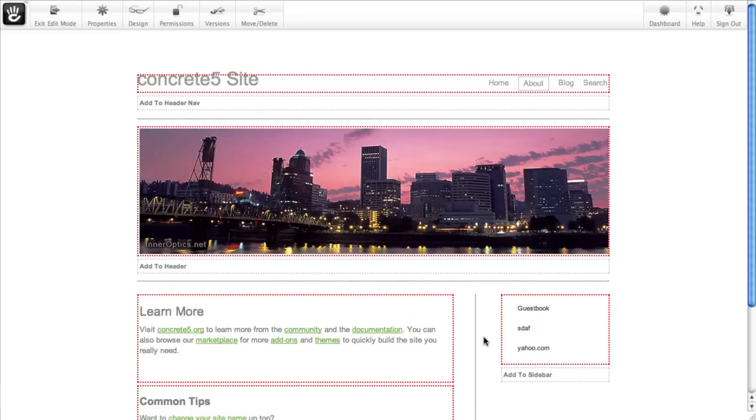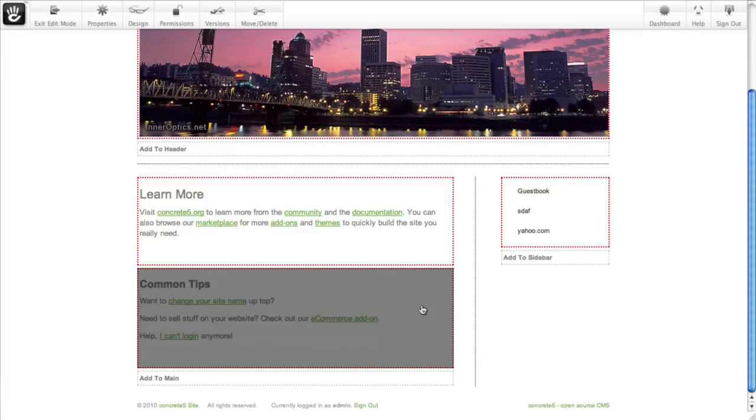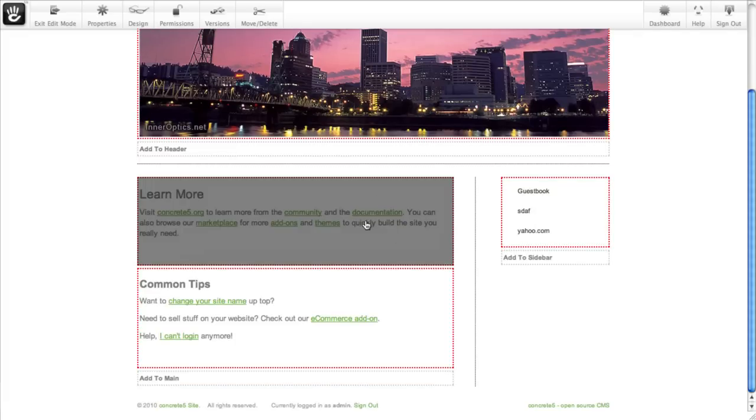Generally that's how we would recommend building your site out. Figure out what form factors need to exist and make page types for each one. But sometimes you find you just need to turn one of these block areas into something a little bit more flexible. So say for example I wanted to put these two blocks next to each other,